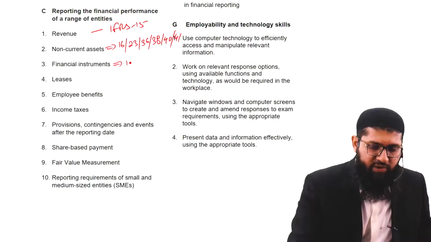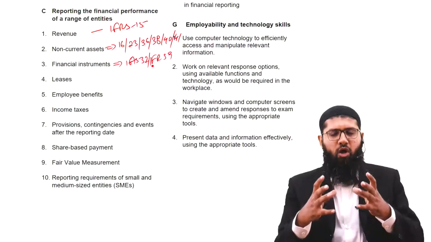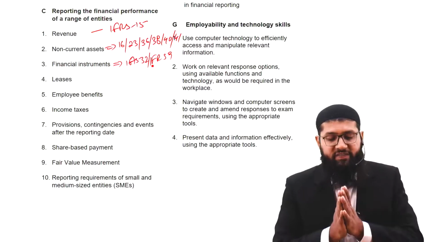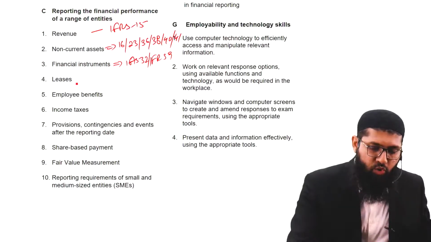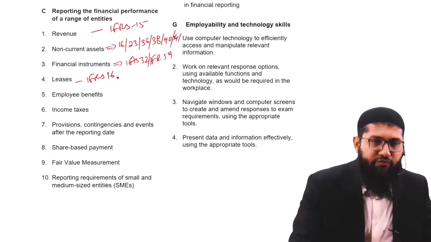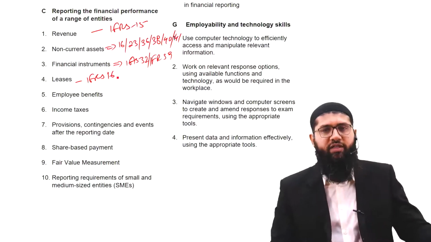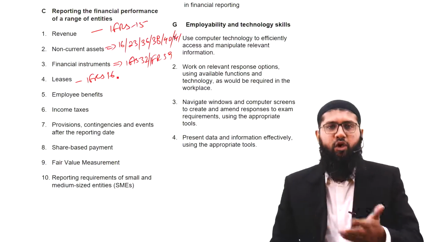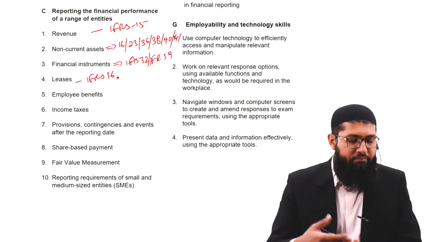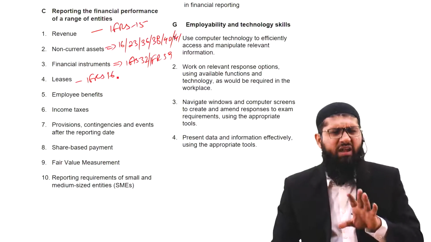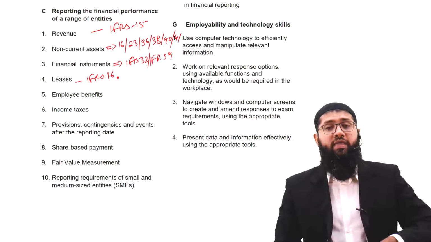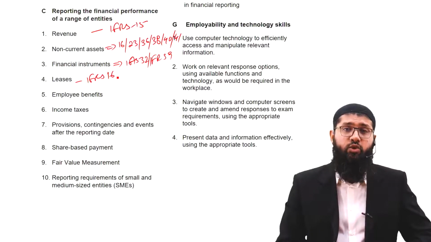The financial instrument, we have studied IAS 32, we have studied IFRS 9, but again, we have studied them at a very small depth. We'll be studying in depth these financial instruments. Leases, you only study the accounting for lessee. Over here, we'll be studying lessor's accounting also. We'll be discussing about manufacturer, dealer, lessor. There are going to be sale and leaseback transactions which are examinable at F7 also, but there are going to be more sale and leaseback transactions that you would come across here.